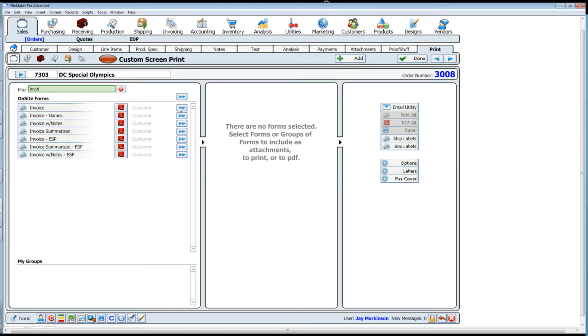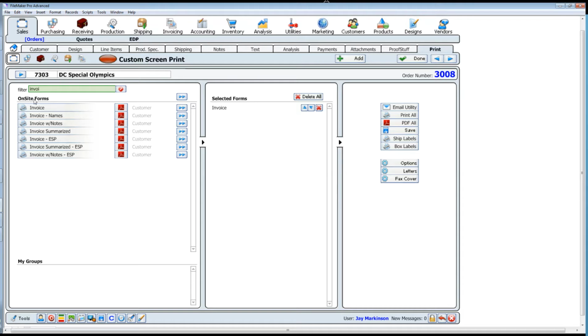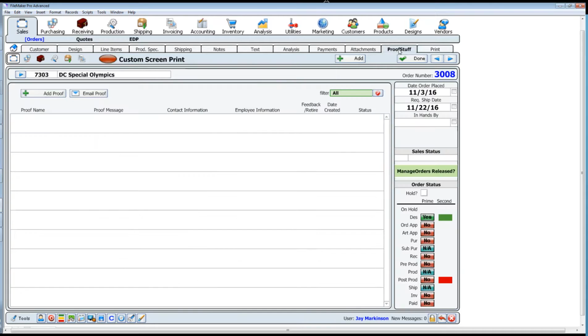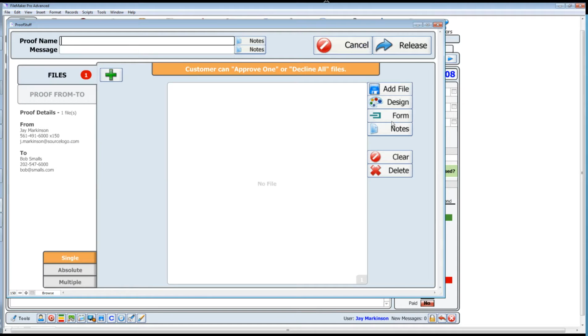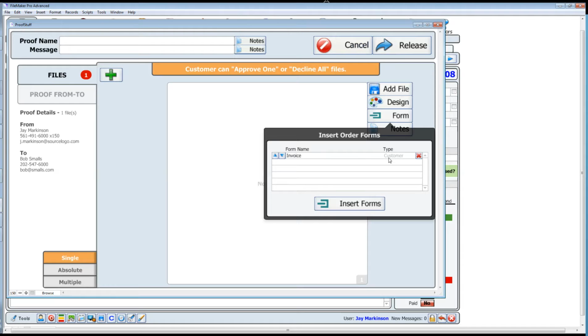Let's say I have an invoice. I'm going to select an invoice. You have to use one of the forms selected in the system. So I'd go over to this print page. Let's say I want to generate an invoice. I want the customer to sign off on the invoice. If I go back over to Proof Stuff on my proof, if I click on form, now I can use the invoice